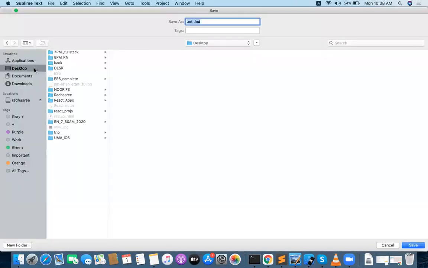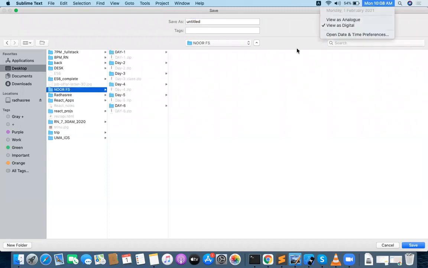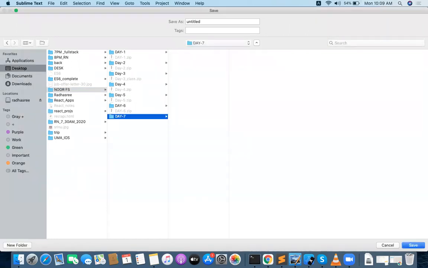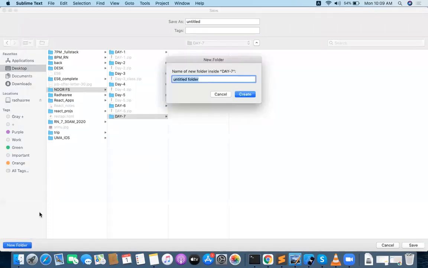Take a new program, a new folder, and this is day 7 now. I want to go with a folder called selectors.